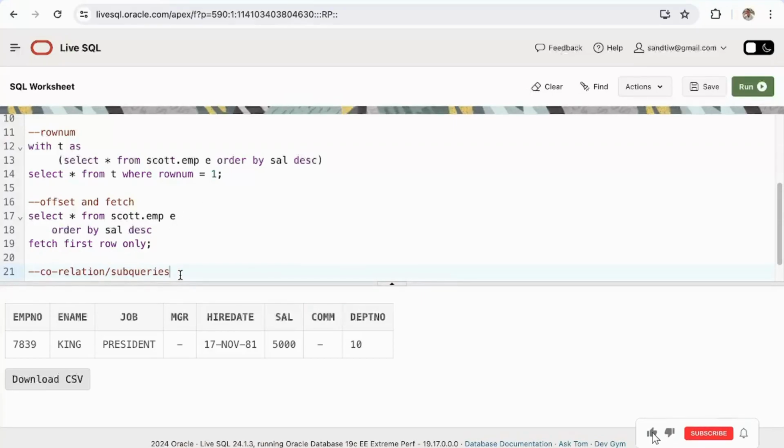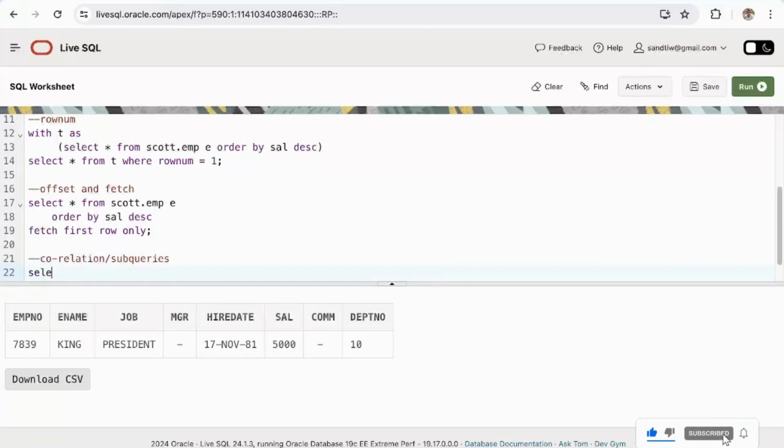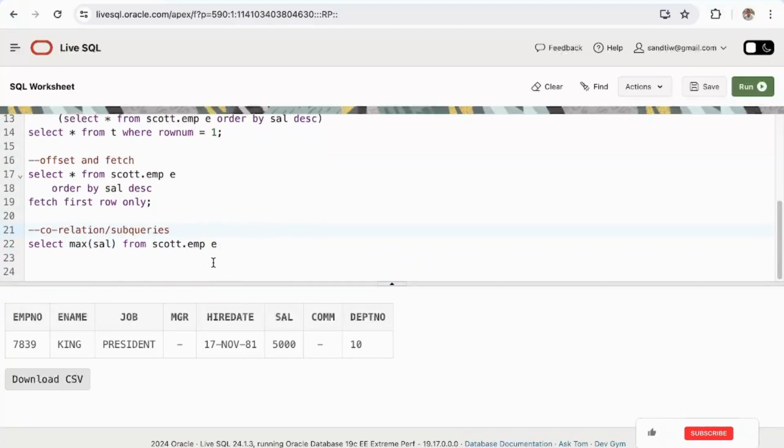Using the correlation and the subqueries. So how can I write this? Okay. So first thing, I'll get the maximum salary from the employee table. So how can I get that? Simple, max of salary. Now the next step would be just fetch it from employee table